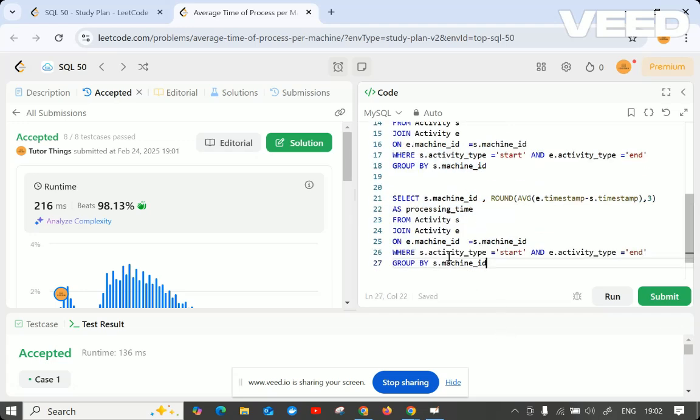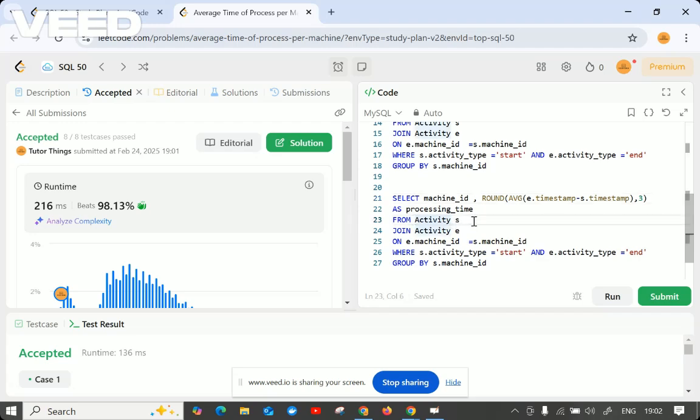So yeah, let me just copy paste the same thing which we did; it will be similar. Only a few things will change. So mission ID we will take and then rounding up. These are the same things. As processing time, from they are taking activity as, right? On condition they are making this in the previous way. So from is the only thing we are changing. I'm writing from, yes, subquery here, subquery there.